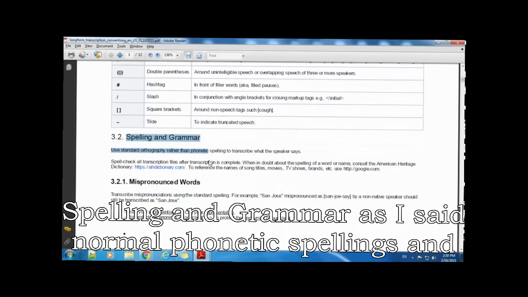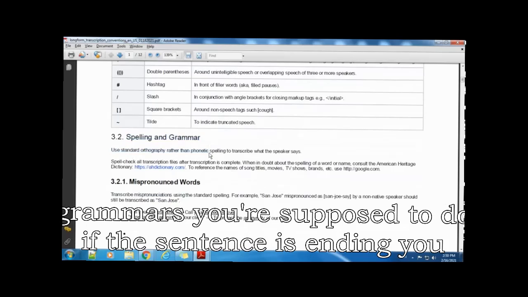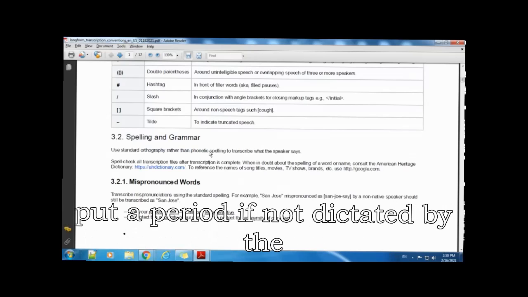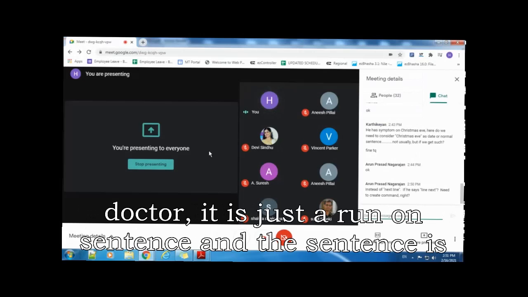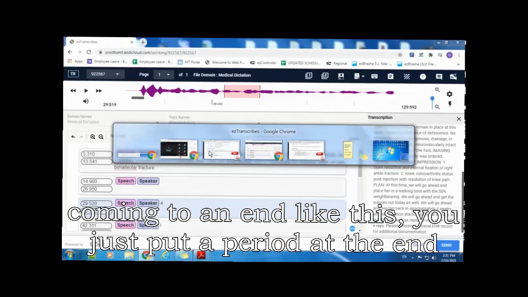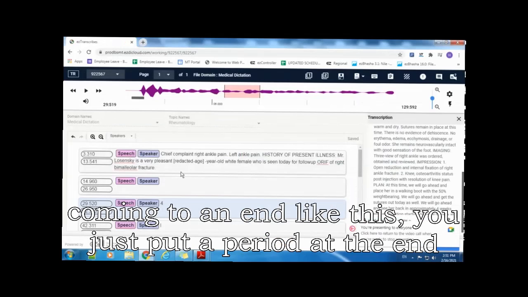Spelling and grammar, as I said, normal phonetic spellings and grammars you are supposed to do. If the sentence is ending, you put a period, if not dictated by the doctor. If it is just a run-on sentence and the sentence is coming to an end like this, you just put a period at the end.